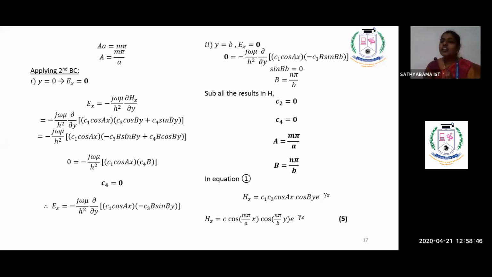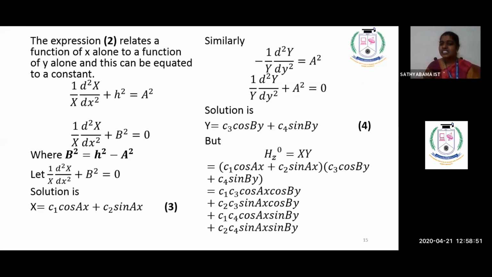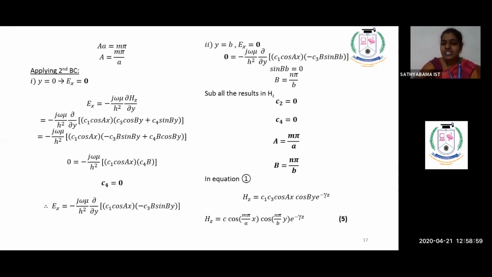After you have got all four values, you will go back to your mother equation, Hz, and substitute the values of C2 equal to 0, C4 equal to 0, the A value and the B value. That is how you get the answer for Hz. If you substitute this Hz value in your Ex and Ey, you will get the remaining three values. Okay. So what was the aim of this derivation? To find the radiation field components. What are called radiation field components? The electric and magnetic fields are called your radiation components. So that was your aim.